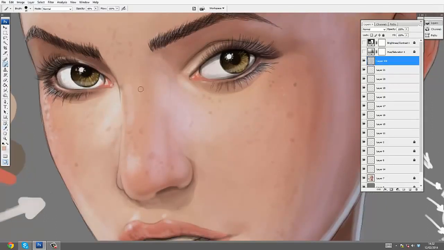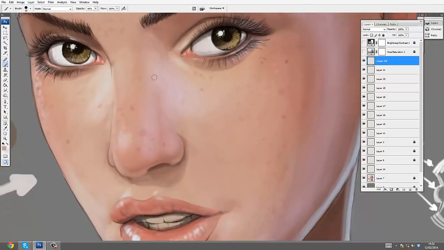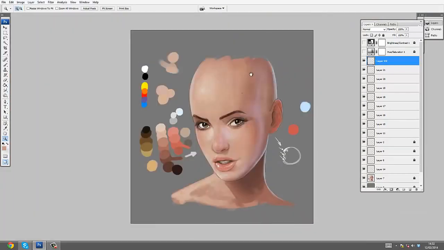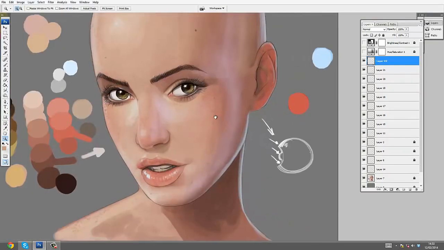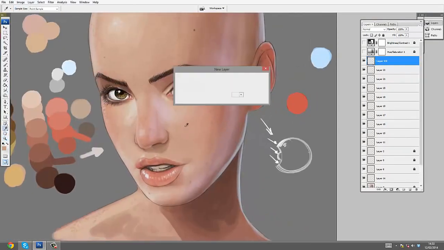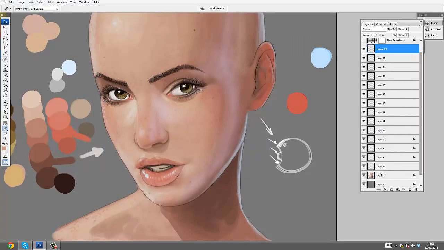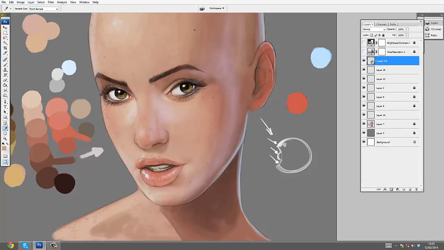Let's see. Okay, I'm on top now. I'm messing up all the textures I had. Well, let's say that I didn't do too much harm. Something like this, looking better. I think the nose is too red now. I'm going to go a few layers down. No, I cannot do that because I changed a lot of the top. So